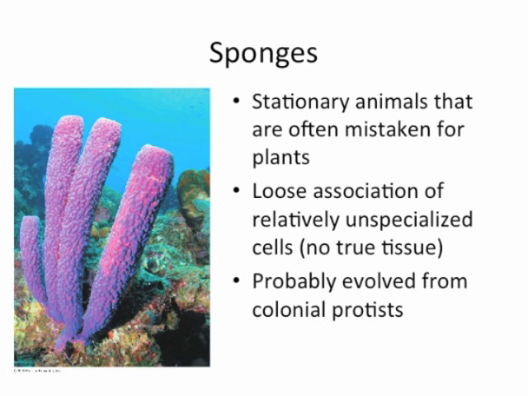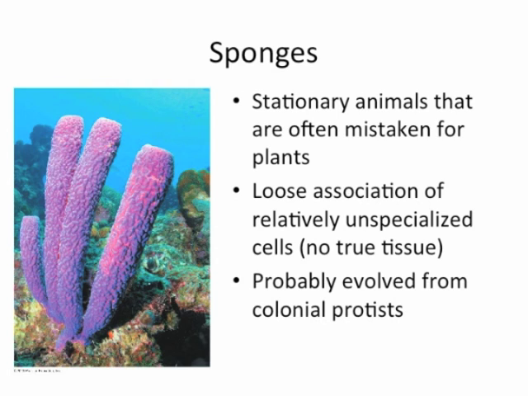So sponges. Sponges are one of the simplest forms of animals. They do not have true tissues like the rest of animals, so they are different than the rest of them. They are therefore probably pretty similar to ancestral animals. They are stationary, and they're often mistaken for plants. Some of them look drastically different from plants, but a lot of them, people would say, oh, that's just a plant, because it doesn't move,